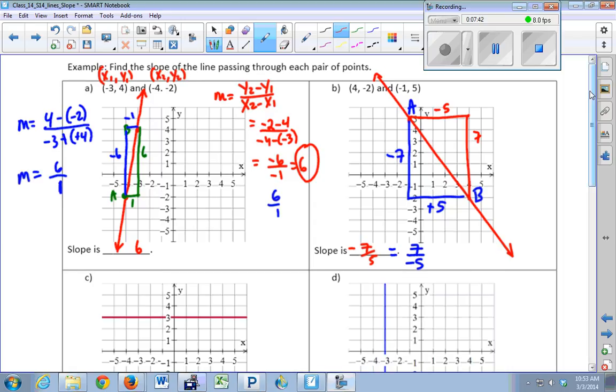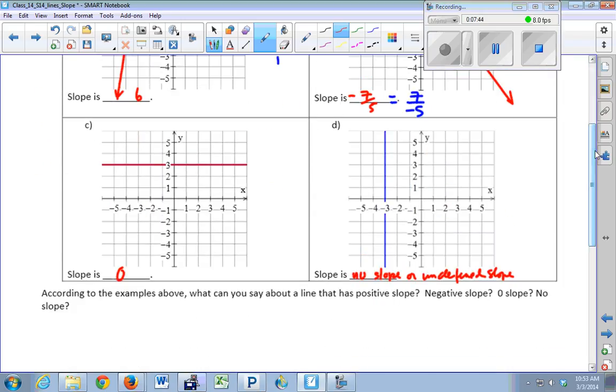Okay, so often it's these last two types of lines, a horizontal line and a vertical line, that most students have questions on. And if you think about walking along this line, depending on if you're injured, lazy, or just not in shape, this is the kind of hike you want to do, right? No rise at all. You're just kind of walking a nice straight line or biking a nice straight line, right? There's no rise. That means all of the change in your y values, since all your y values are exactly the same here,